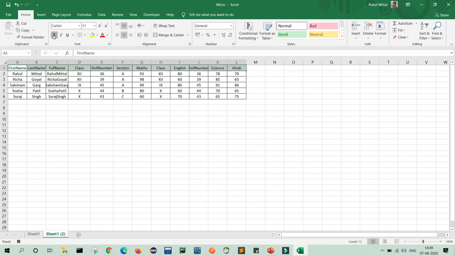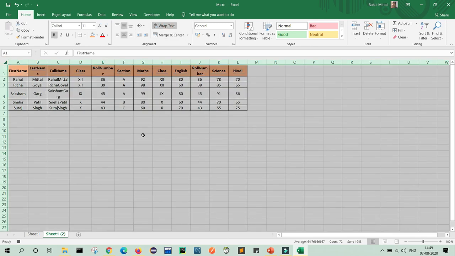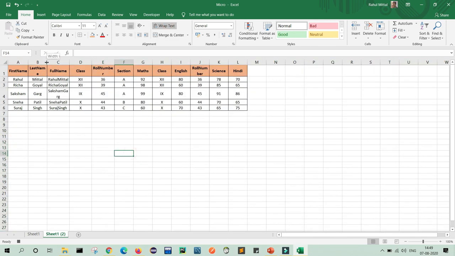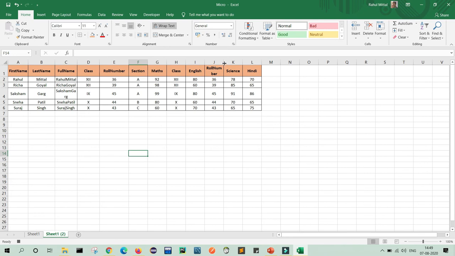I am giving bold, and any color if you want. I am giving this color. Select and click here, it will auto adjust. Make it proper, systematic.